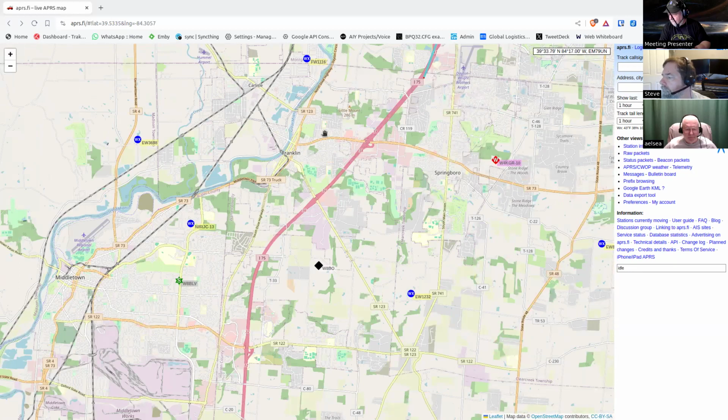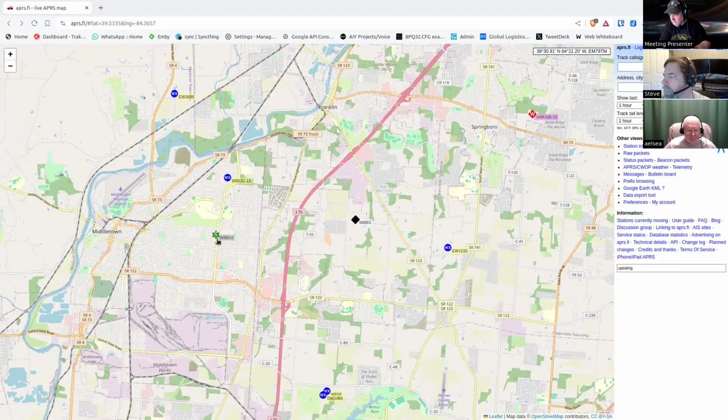if you look around in my general area, there are no other hams doing APRS. In fact, in Franklin, there's not a whole lot of hams in the first place. So the closest that I could get is here in Middletown.